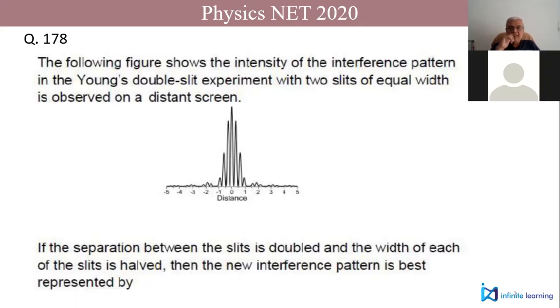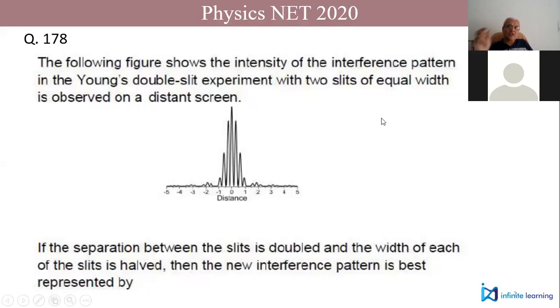Now they are saying that the separation between the slits is doubled, and the width of each slit is half. What will happen? The new interference pattern is best. Remember, here you have two effects: a diffraction effect and an interference effect. So if I look at the diffraction envelope,